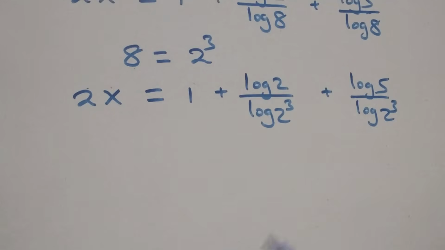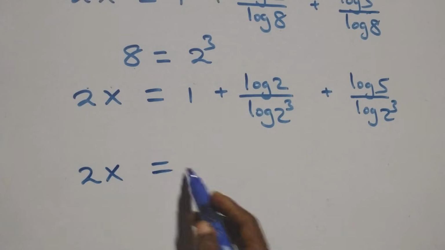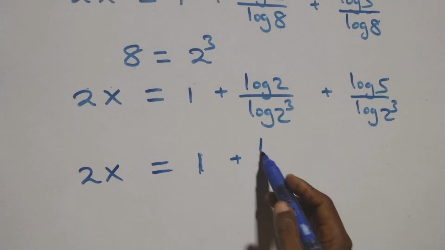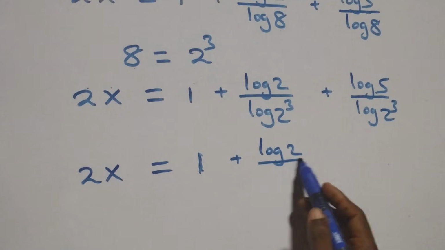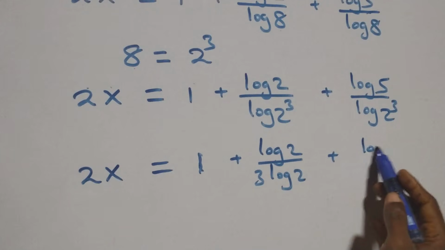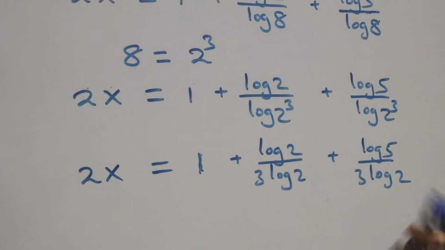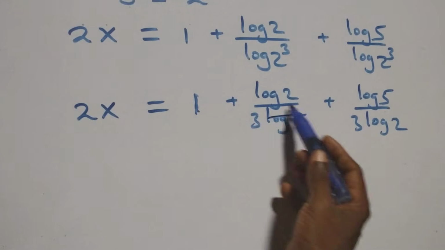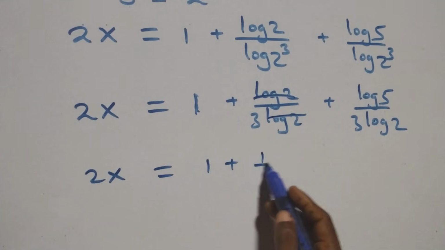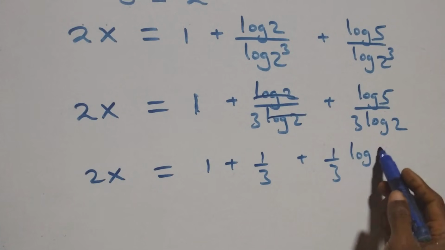When we apply the power law of logarithm, 3 comes here and also here, and we have 2x equals 1 plus log 2 over 3 log 2 plus log 5 over 3 log 2. Here log 2 cancels, we have 2x equals 1 plus 1 over 3, plus 1 over 3 times log 5